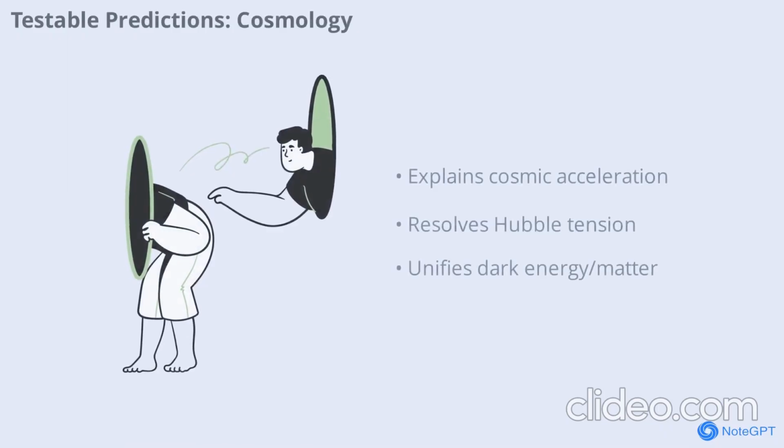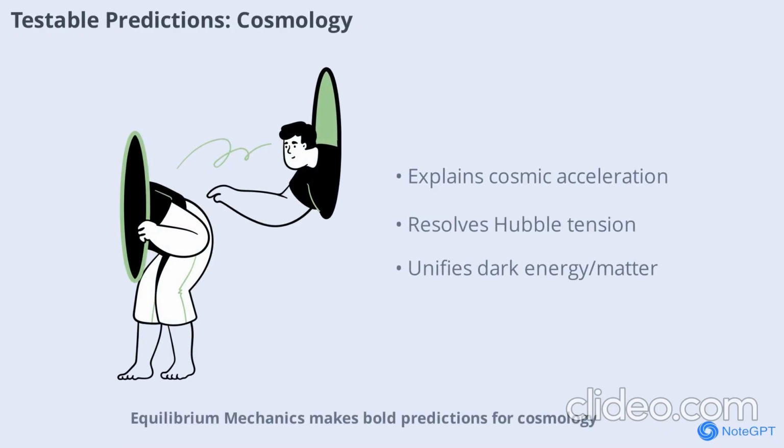Equilibrium mechanics makes bold predictions for cosmology. It suggests that the observed acceleration of the universe, the Hubble tension, and the nature of dark energy and dark matter can all be explained as manifestations of the drive toward equilibrium. These predictions can be tested with astronomical data, offering a new path for resolving some of the biggest mysteries in